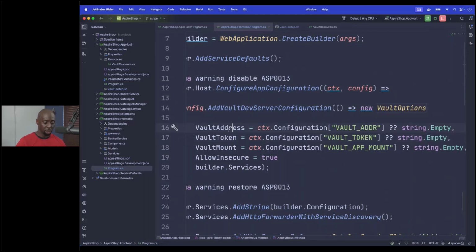And so now I'm able to pull out the token, the mount point, all these types of stuff. And now I could pull those secrets into my application. But I don't have to pass them around. I don't have to have them in my app settings. You know what I mean? I can have them in a centralized place, which I think is a great option as well.